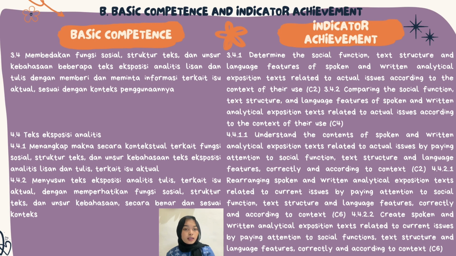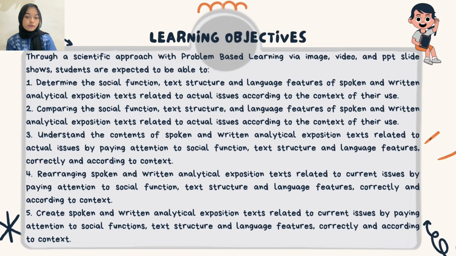For the last indicator of achievement, create spoken and written analytical exposition text related to the current issues by paying attention to social function, language feature, and text structure correctly and according to the context. In the learning objective, there are 4 points through the scientific approach with problem-based learning via image, video, and PowerPoint slideshows. Students are expected to be able to: